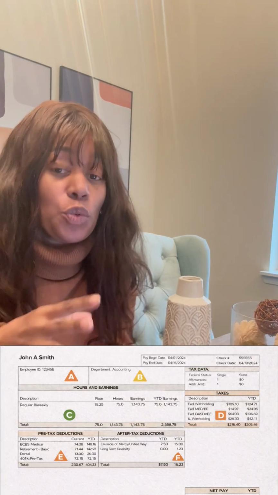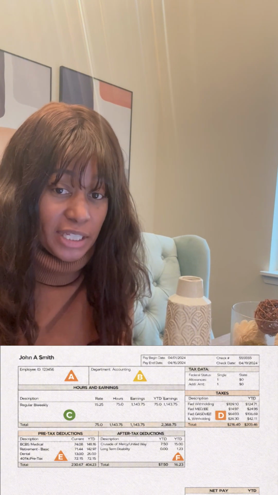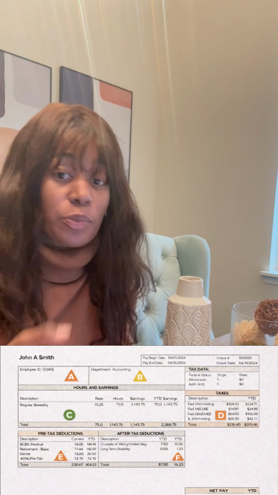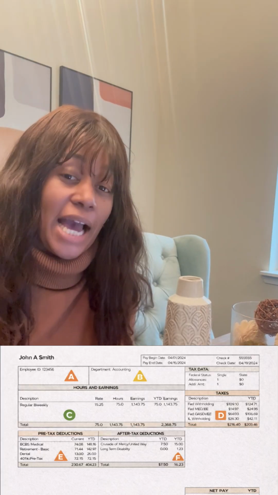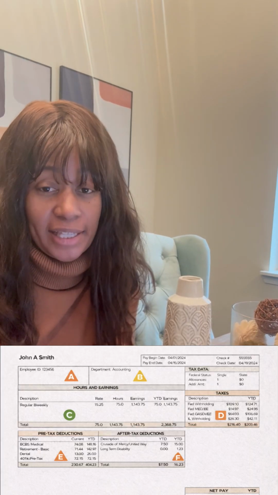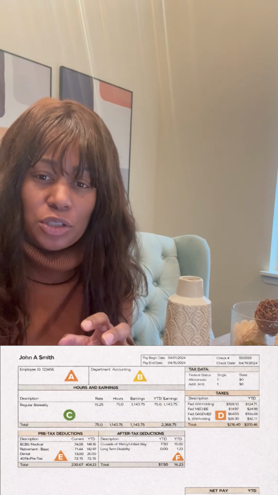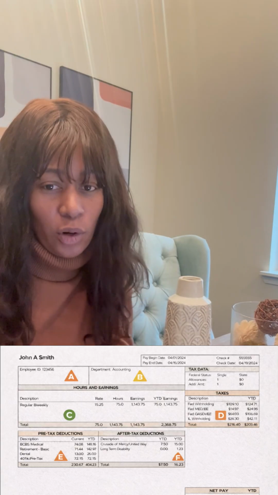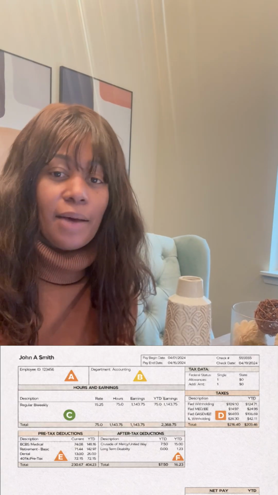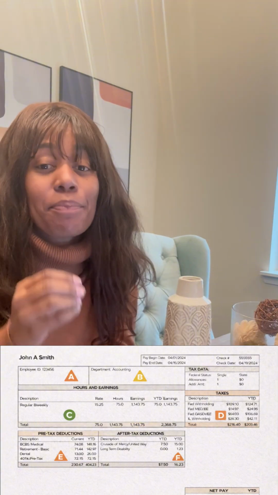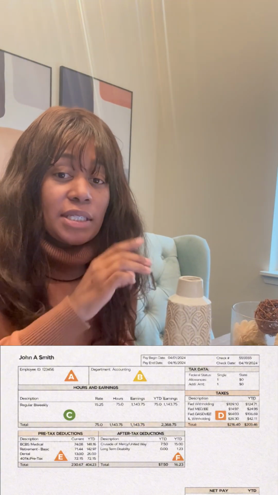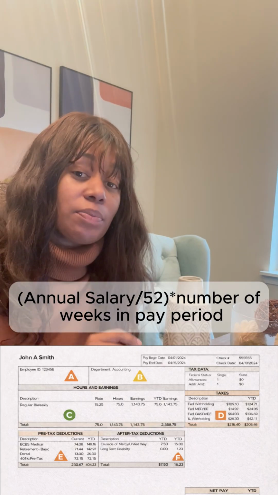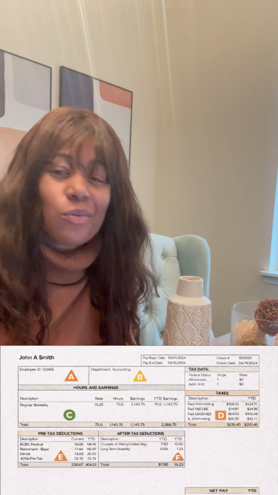If you're salary, you want to make sure that the rate that you're receiving on your paycheck is correct based on your original offer, raises, or promotions. Sometimes people have difficulty calculating the actual rate that they should be receiving because the natural thing to do is to take that yearly number, divide it by 12, and then divide it by 4 because most months have 4 weeks in them. But the key here is to actually get precise. What you actually want to do is to take that annualized number and divide it by 52 weeks in the year, and then multiply by the number of weeks in your pay period, which is 2 for most